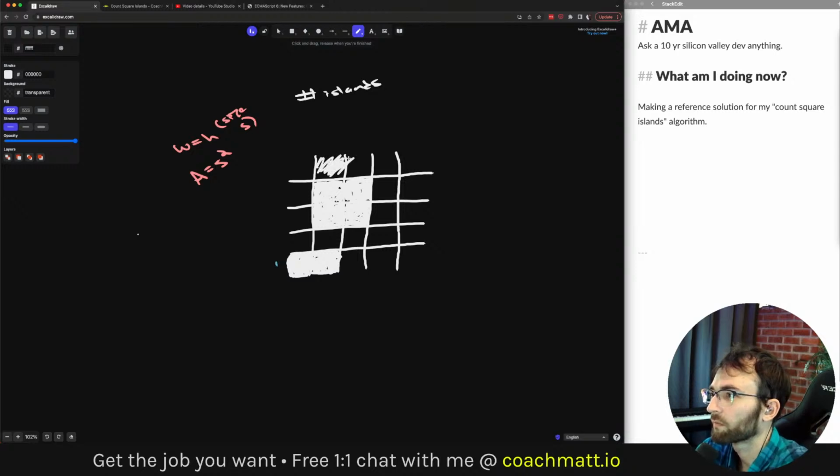I'm not going to fill these cells in as cleanly, just to make a quick example. If we have something like this, it's still very clearly a square island, but what if there's a hole in it?